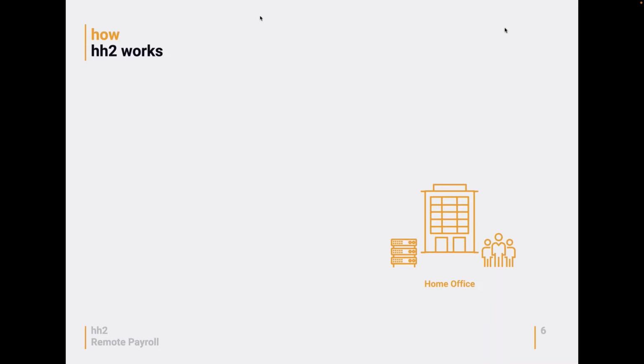And that's completely fine here at HH2, because the only thing that we need to do when we first bring on a client, in our very first meeting, done remotely, is to get on your server, whether that is hosted or in your office, and we install a service that's going to run on your server. And we point it to the various locations in your accounting system. So we're going to pull in payroll, or if we're doing our AP document flow product or our HR system, whatever it is, we're going to be mapping our system into Sage.